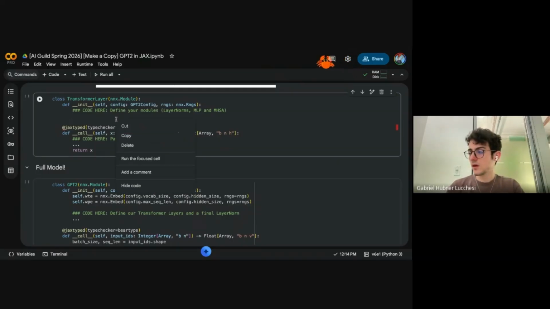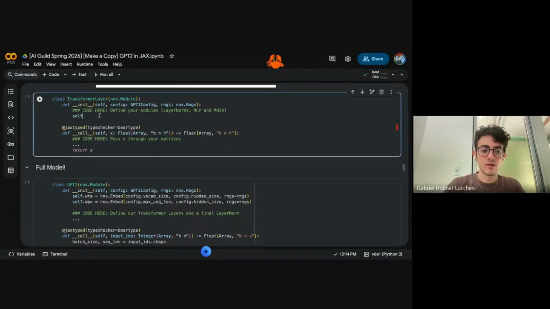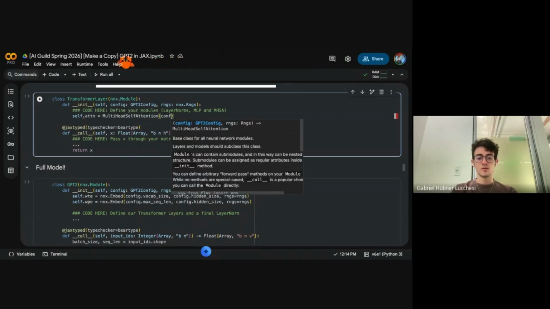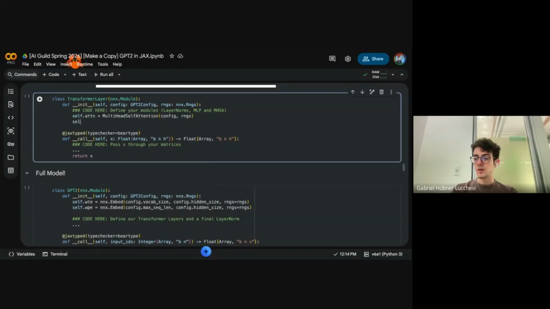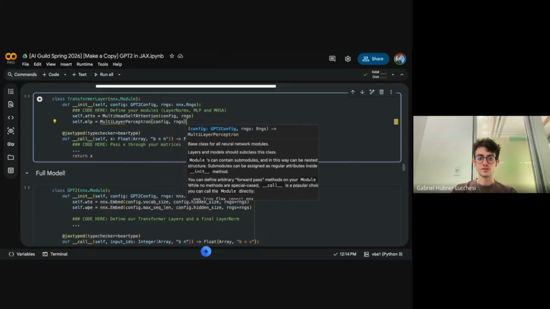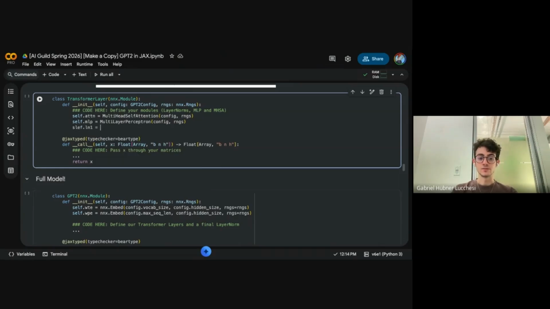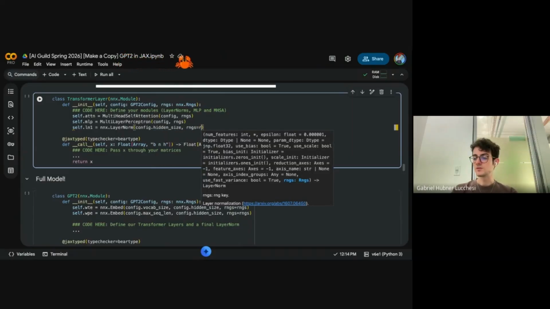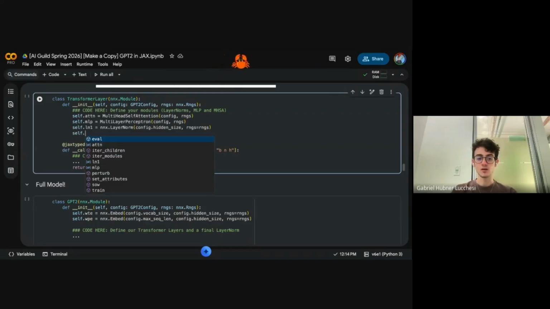So our transformer layer has multiple blocks, right? We have the attention, which is multi-head self-attention, same thing. We have the MLP, which is the multi-layer perceptron, and we have the two layer norms. And next, the layer norm. It's literally very modular. You can see how GPT is very modular. I'm just reusing things that I define as part of blocks.